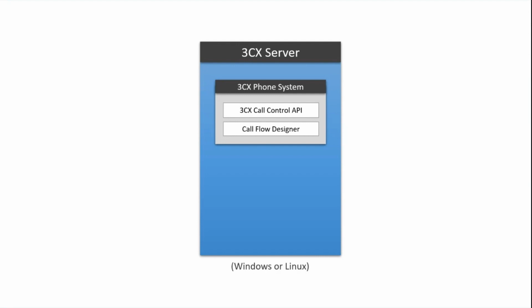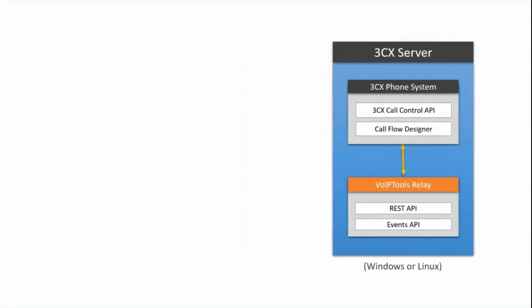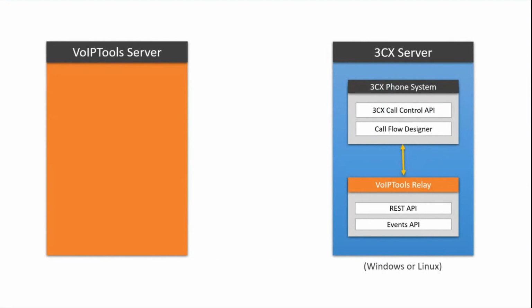But how do we interact with these tools? And that's through our VoIP Tools relay. And that relay has two important components. We provide a REST API, and all of our tools communicate with that REST API. And we also have an events API, so we can subscribe to real-time events and interact with 3CX in a real-time manner. What you'll discover is that our applications communicate to the relay, and then the relay communicates with the